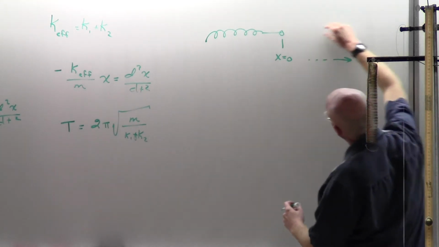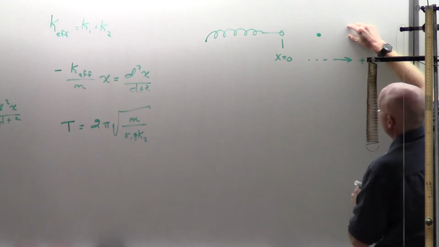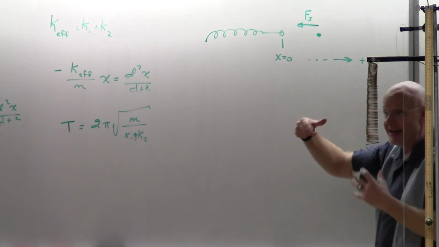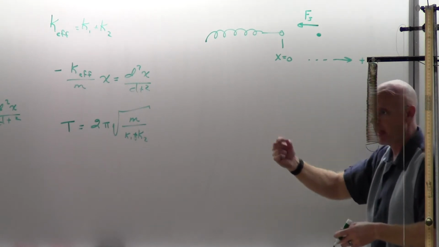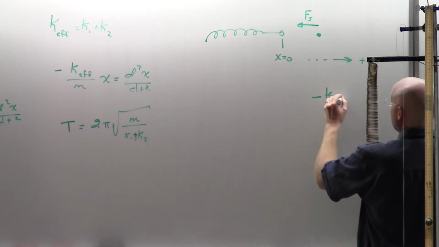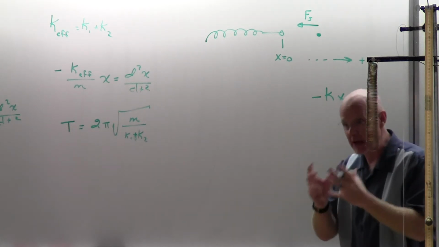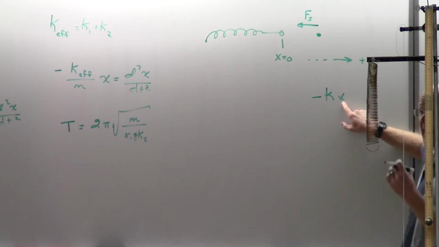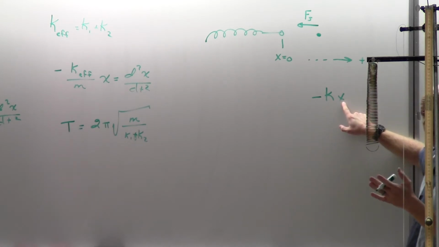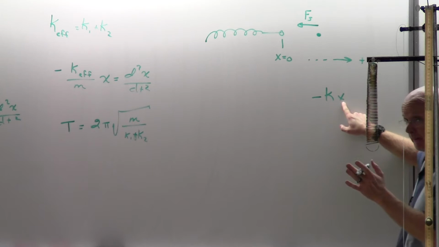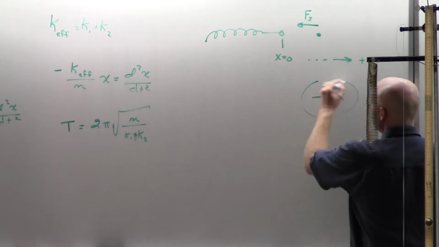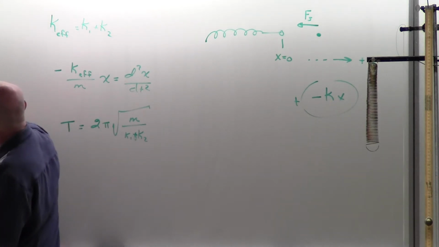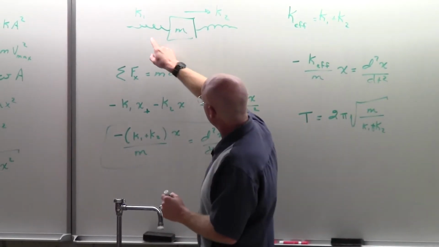And if I take a spring and I pull it out to here, I think you are thinking, okay, well, there's got to be the force from the spring in the negative direction. Well, negative kx gives me a negative number because I have pulled it and the x is a positive number. And so this plus a negative kx, which is what's happening when this one gets compressed here, this one